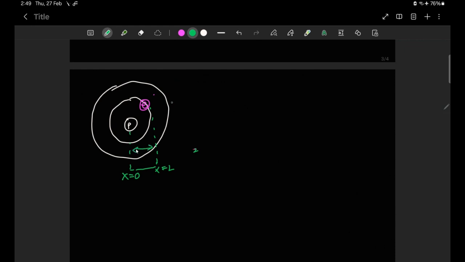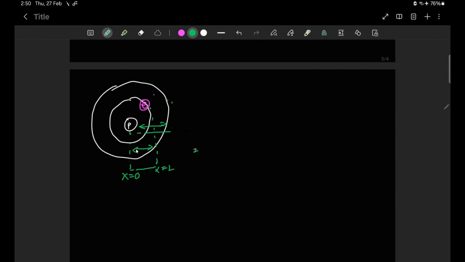Or similarly, it can be confined from x equals 0 to x equals L2, and it can move around in between these two walls in whatever way it likes. So at any point, we are likely to find either the electron in between 0 and L, or the electron in between 0 and L2. And never will we ever find the electron in an intermediate kind of state.